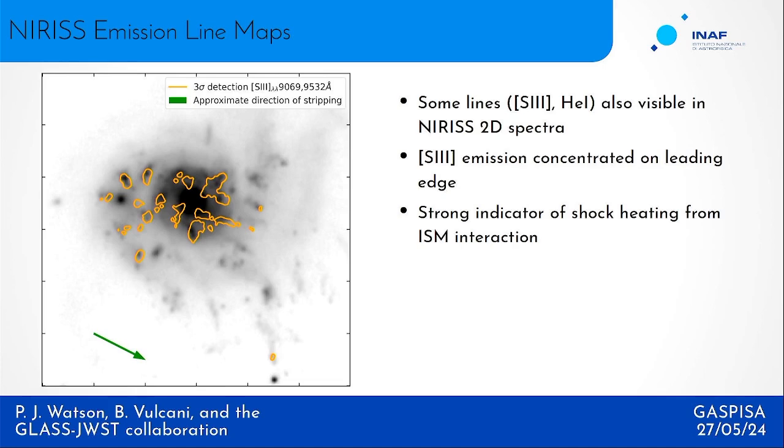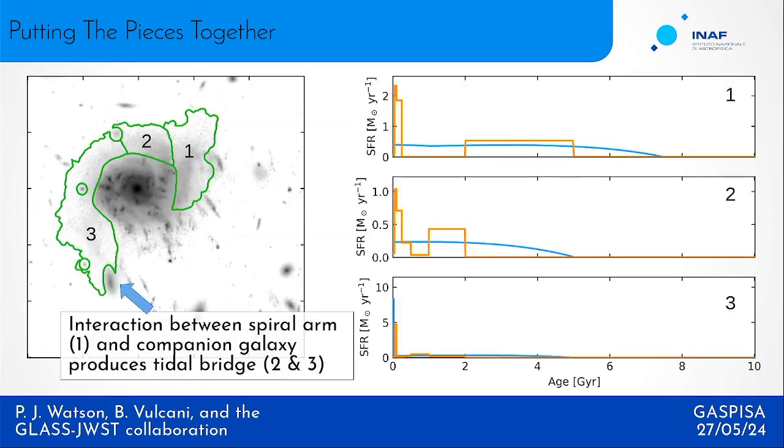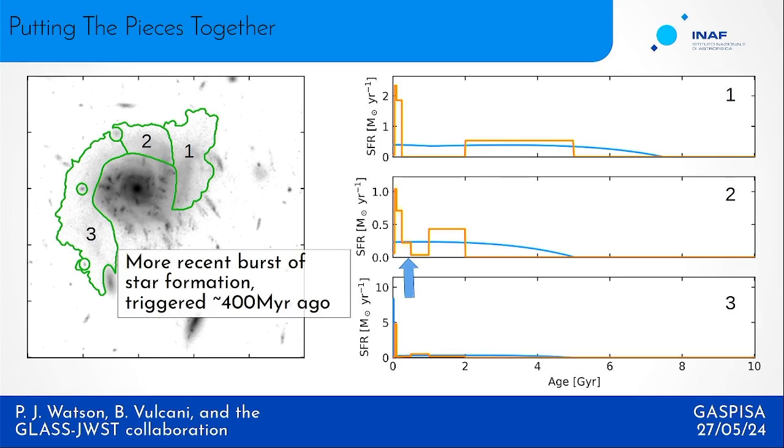So, putting all the bits together quickly, because I think I'm running out of time, here is what we think happened. Most likely, this is an interacting system between this small object on the left and the spiral arm back when it was in a different position. The galaxy spun round, producing this tidal stream stretched out, and then we have a much more recent burst of star formation triggered around 400 megayears ago, presumably when the galaxy and its companion fell into the cluster, and therefore